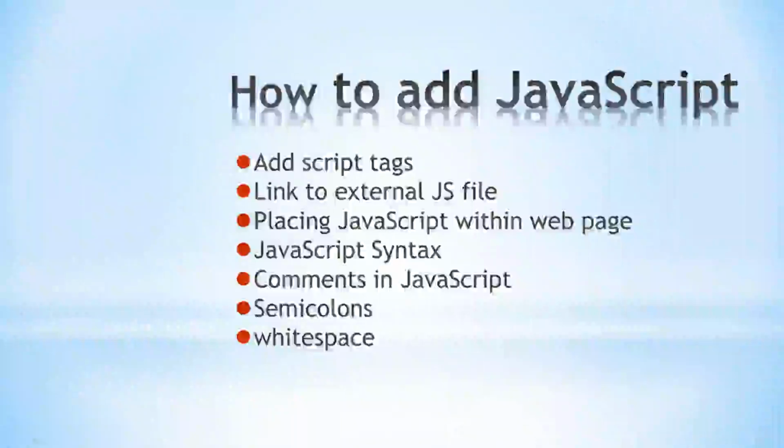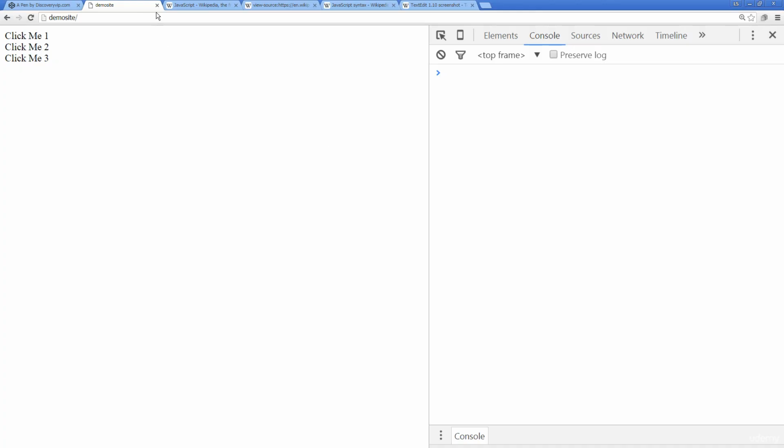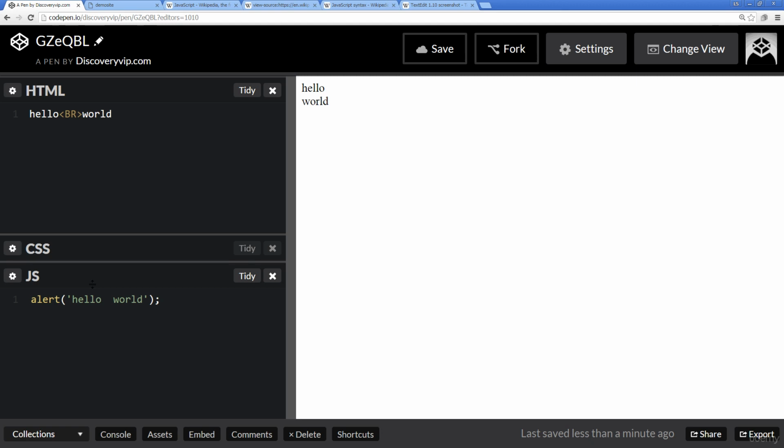In the previous lesson, we showed you how you can bring JavaScript into your web page. Now we're going to look deeper at JavaScript and the syntax of JavaScript and how we use JavaScript. So looking at comments, semicolons, and white space. So let's open up our CodePen and I'll show you how we can translate JavaScript and use the white space